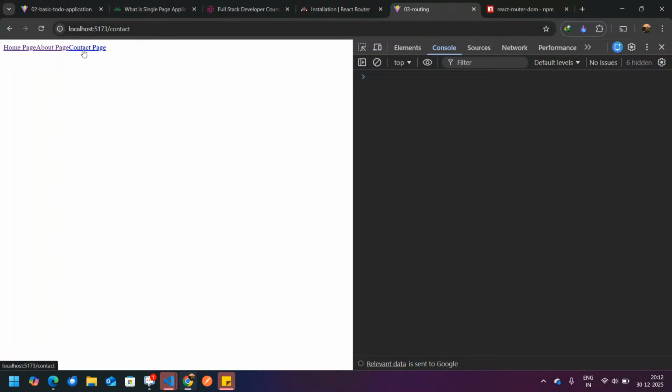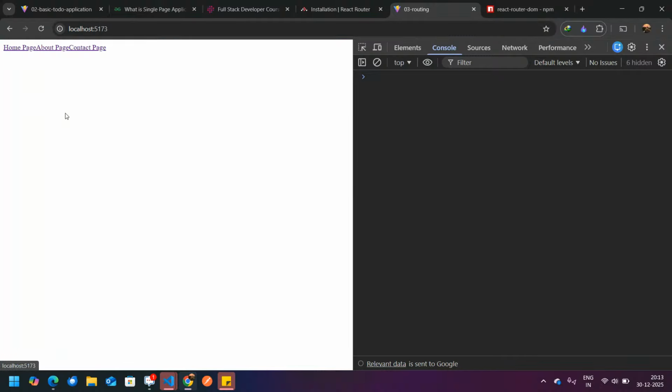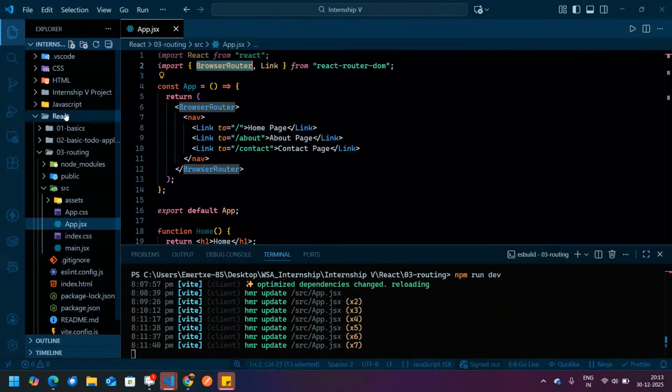Then if you click on this contact page, what should happen? See here, it has been routed towards /contact. So there it should show us the data, whatever data you have written. And in the home page, it should show the data according to the home page. Correct? That functionality we have not written.